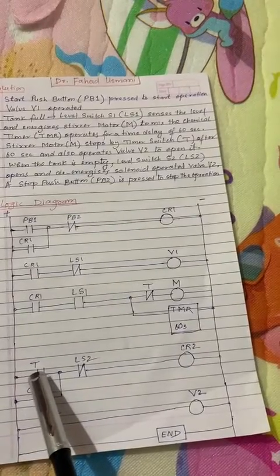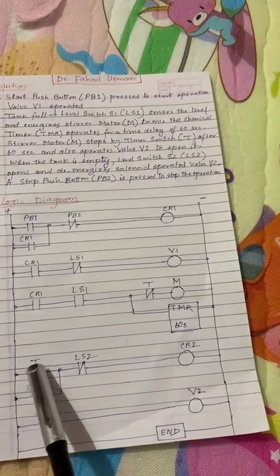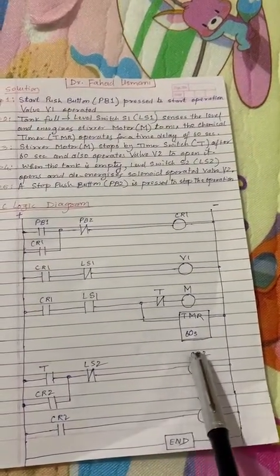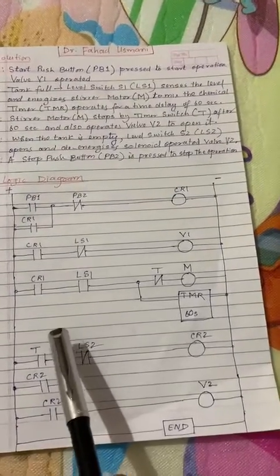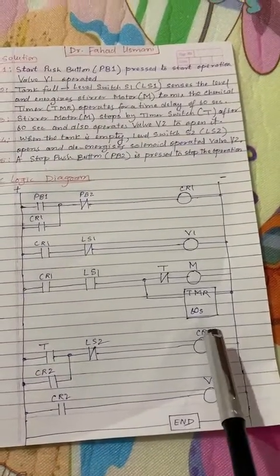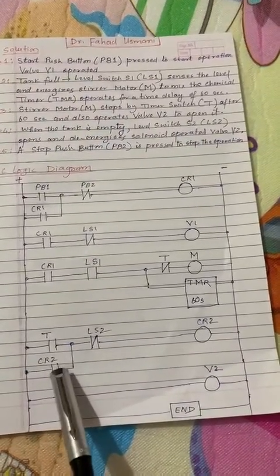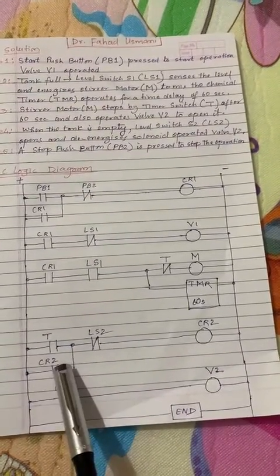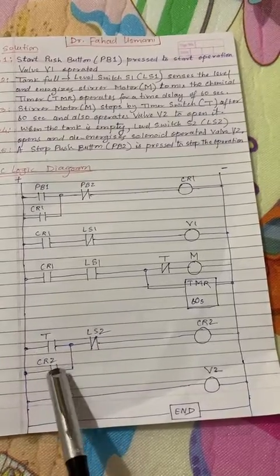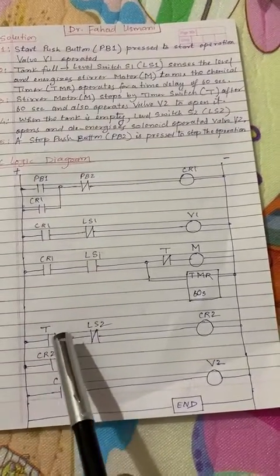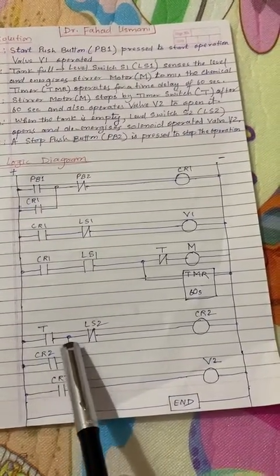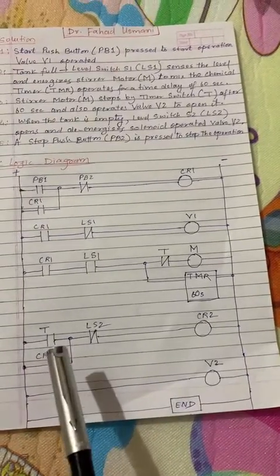Now you see this is coming here, this goes to control relay 2, and this is again a latch here. Wherever you are connecting a relay, we give a latch. We have seen in electro-pneumatics as well, wherever there was a relay, we were given a latch. Okay, so now there is a latch here, control relay 2, and this will start.